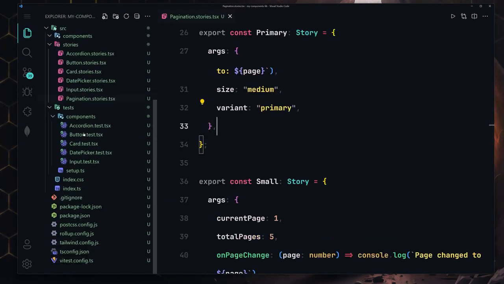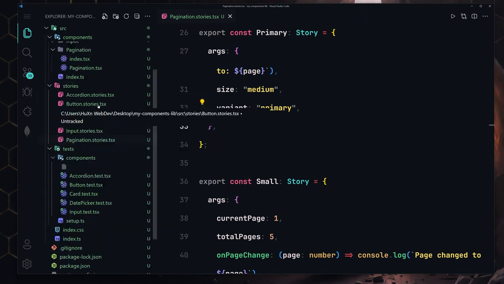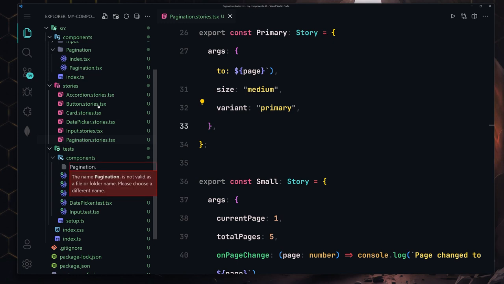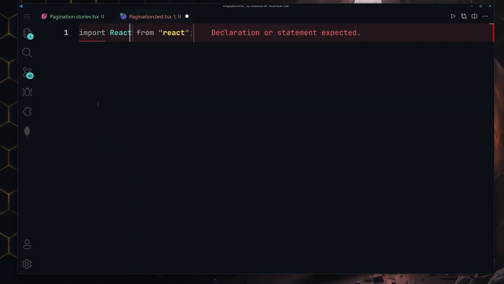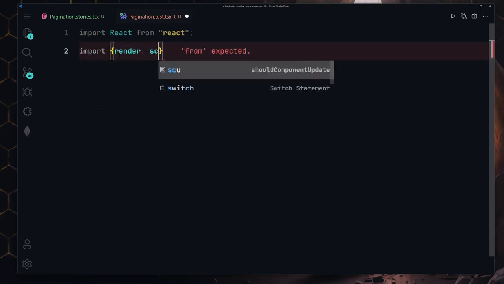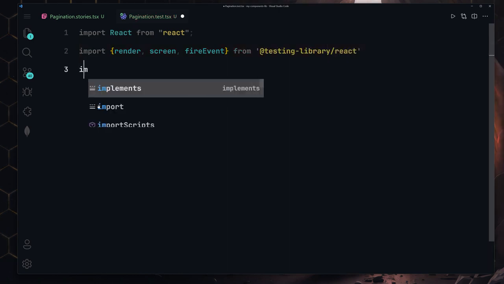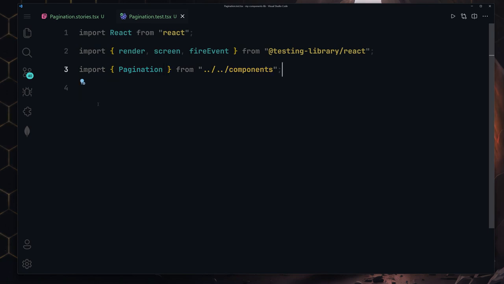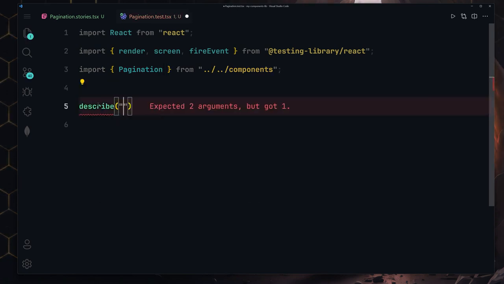So now let me go ahead and go to my test file or folder, and inside there we are going to be creating another file with the name of pagination.test.tsx. And inside there, let's just import React from React.js. We also need to import the render, the screen and the fire event from the testing library React.js. We also need to import our pagination components so that we can use them inside this file. I'm going to also just define my describe function, and here inside there let me just use pagination component,